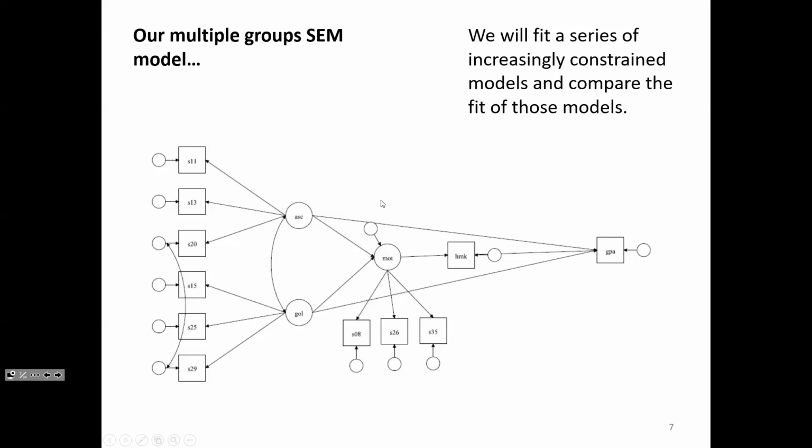If you look, the intercept for S26 is higher. So basically, after controlling for motivation, females are more likely to agree with the statement "I'm organized about my schoolwork" than males are. After controlling for this motivation latent variable, girls report being more organized than boys. But other than that, we were able to get to scalar invariance, right?